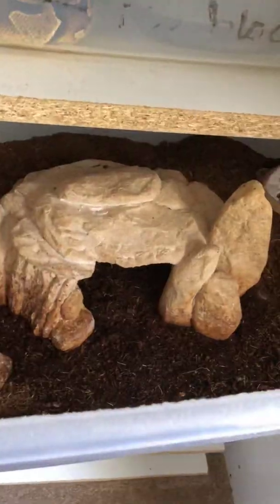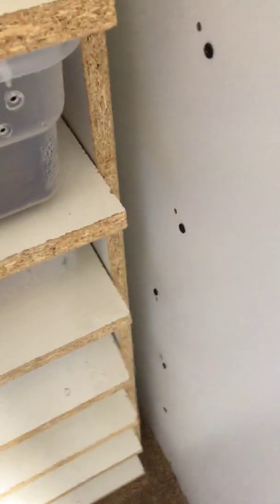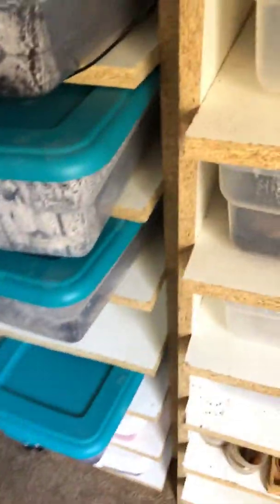Let's see, snake. And both you little guys are hiding. No fair. Well, I got two baby Leos that we hatched out. I guess they're both hiding. Anyway, so